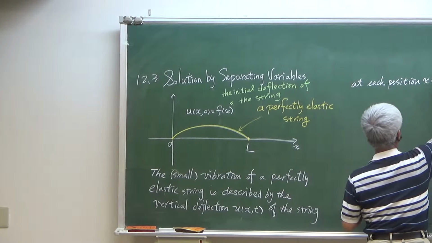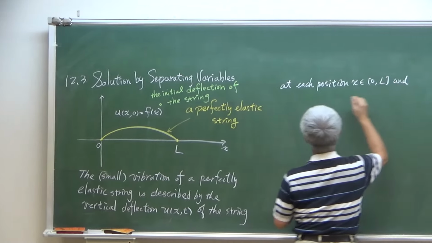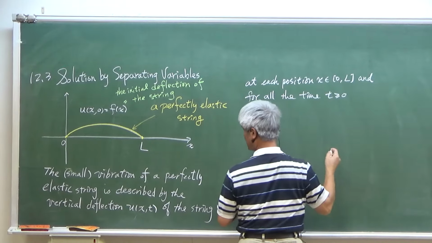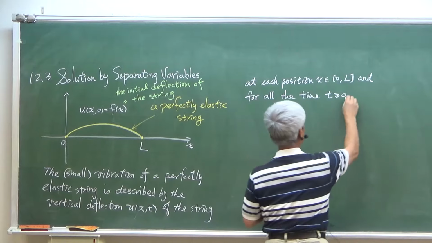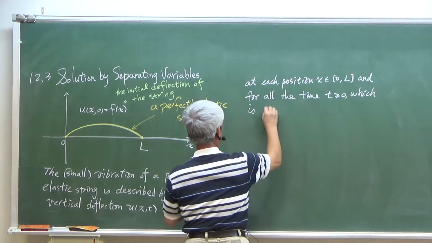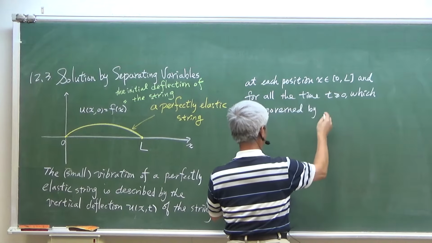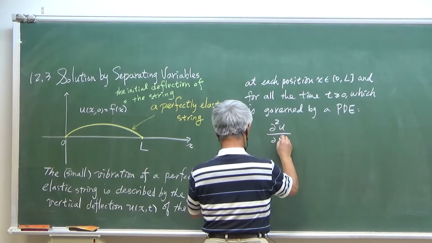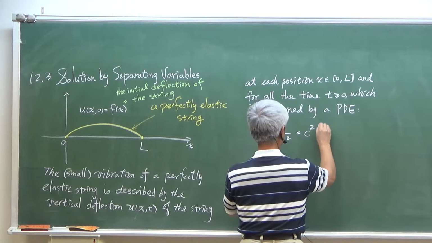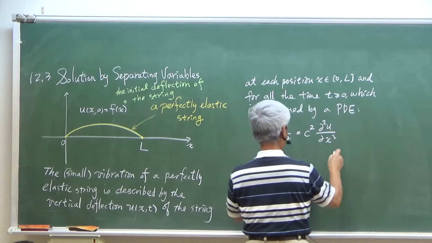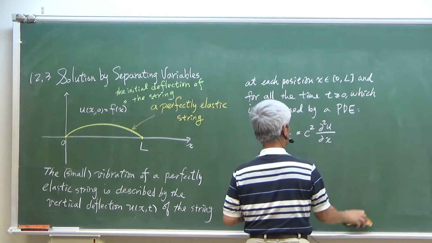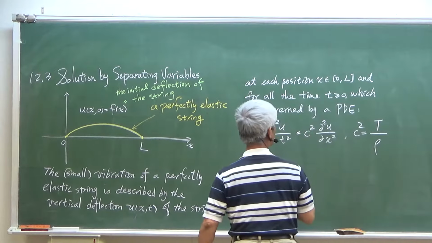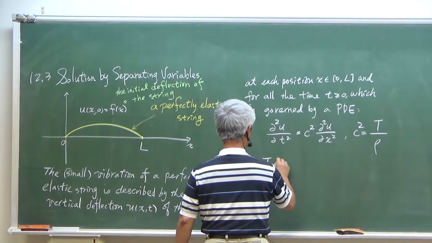at each position x from 0 to L, and for all t, the deflection u is governed by the PDE, where c squared is equal to T over rho, with T the tension